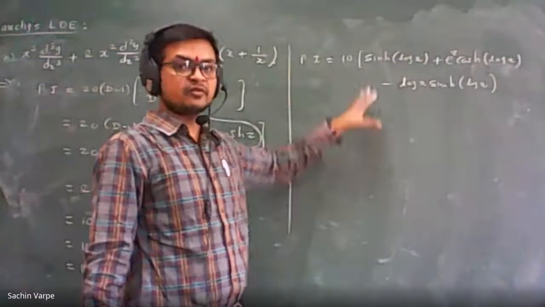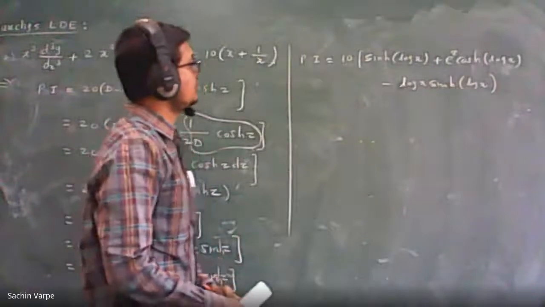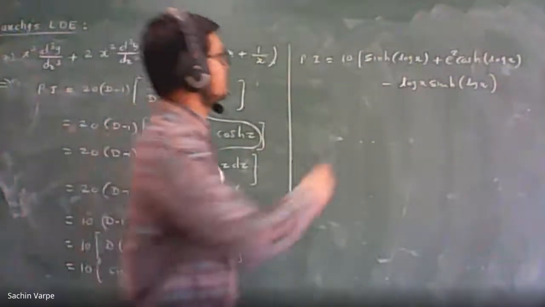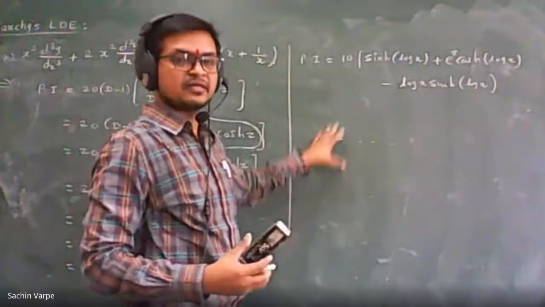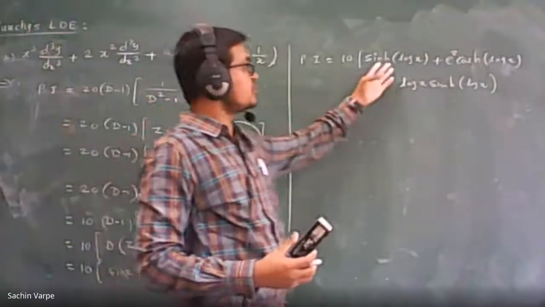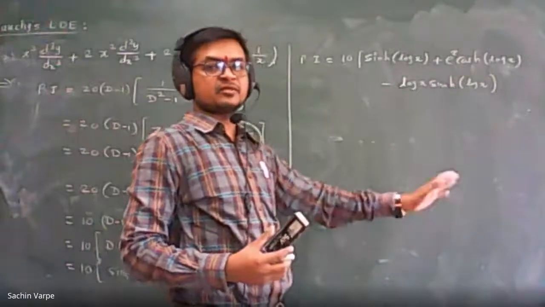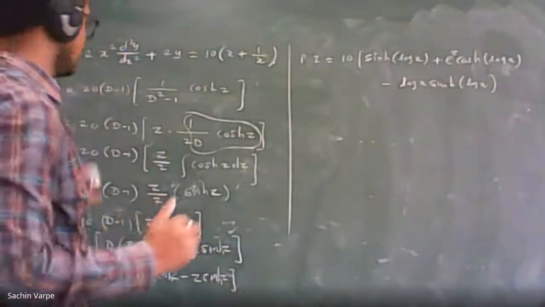So in that case, it depends on the examiner. He may give full marks up to this, or because some examiners do not try on their own to see that this is also correct, and that when we substitute the exponential function instead of this, we'll get the next simplified form. So that depends on the mentality of the examiner.